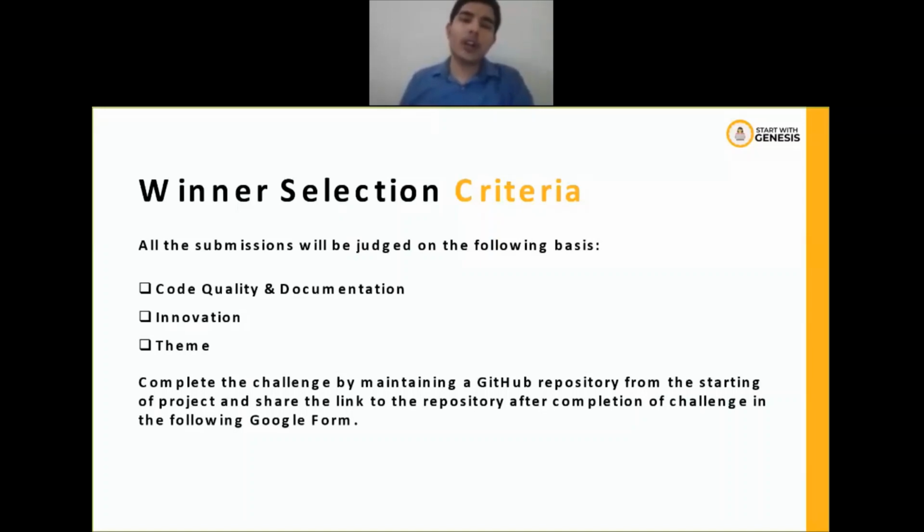The first criterion is code quality and documentation. How you write the code is important, because these criteria are basically industry standard, and we are using them. For example, how you name variables, and there are a lot of things you need to consider before writing code, because the code should be readable by other developers. You will be working with a team, so your code should be something which anyone can read and follow. Okay, other than that, what innovation